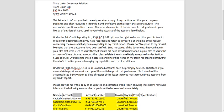So, you send these dispute letters. You send them through certified mail. You get the tracking number. You want to check that from the date they received it, you give them about 45 days to respond. Because what they're going to do is forward the information to those debtors,